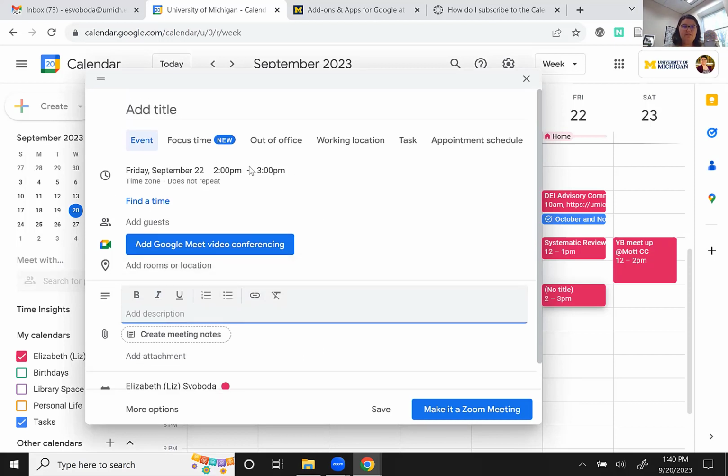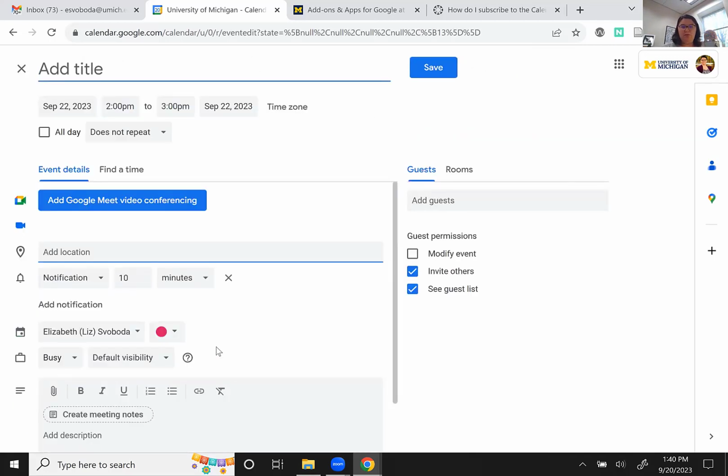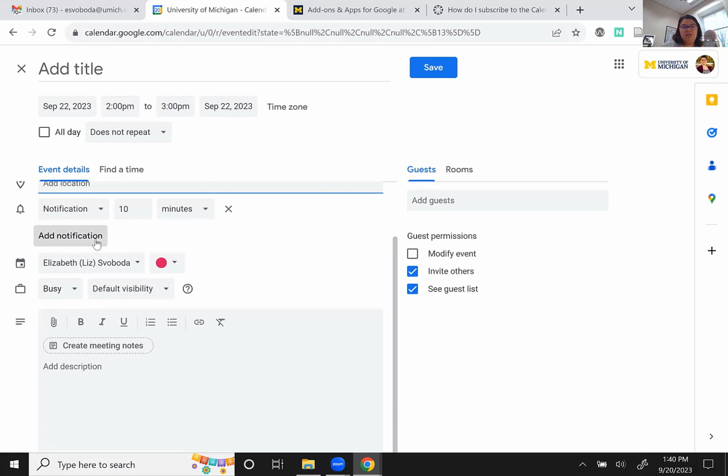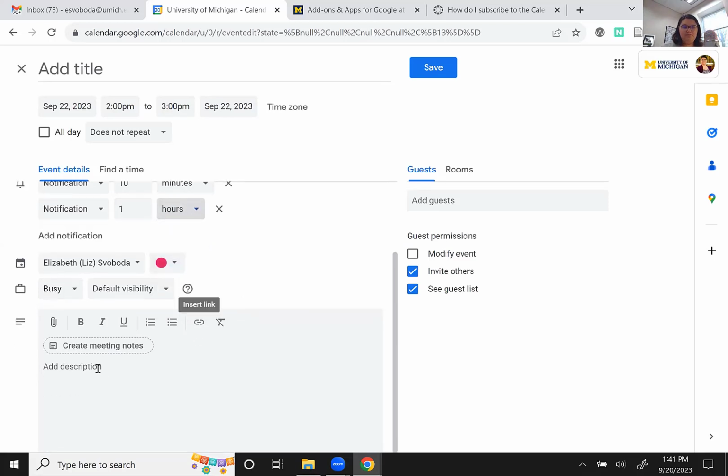Now, this is the really basic one here. If you want more options, you can actually hit this down here and it opens up this view where you have a little bit more space to work. It has all the same functionality. Like it does add that make it a Zoom meeting, which we're going to talk about in a little bit. But you're able to add additional notifications. So for example, if I wanted to give myself an hour notice before this event, I could do that as well. And down below, you have a little bit more space in which to type